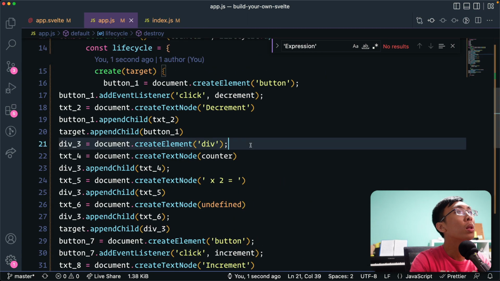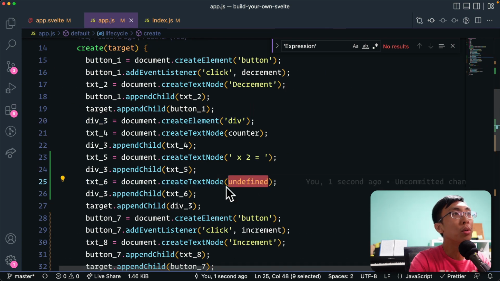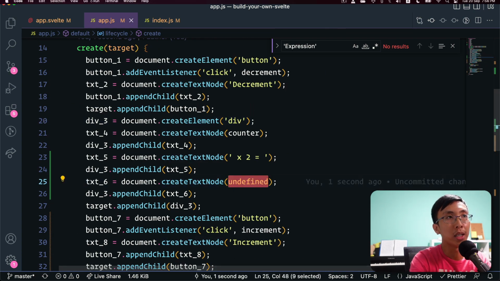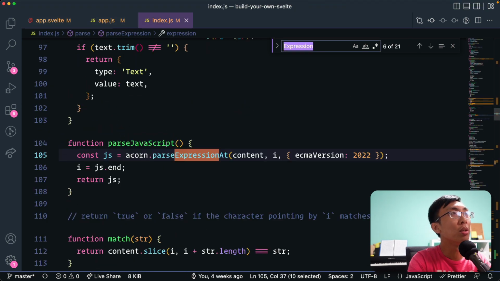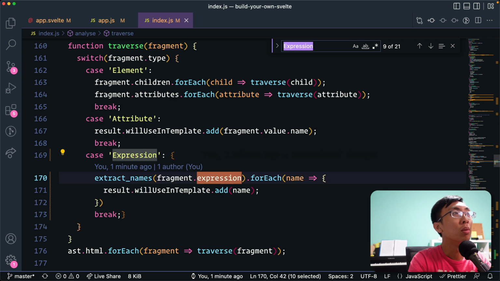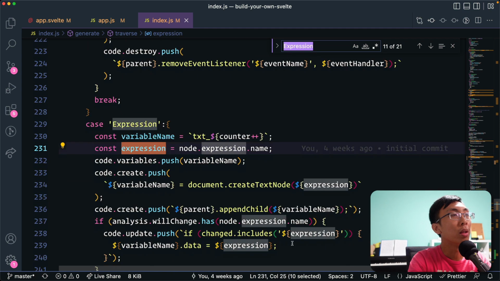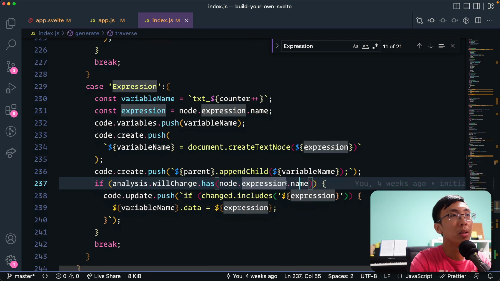Okay. When we create our node, you realize that this is undefined. Why? Again, it's the same reason, because over here, when we write this, we're assuming